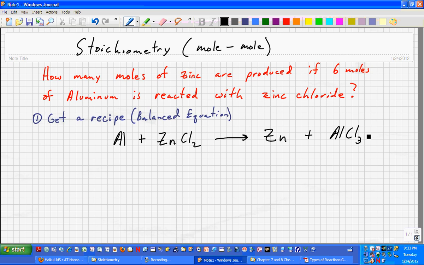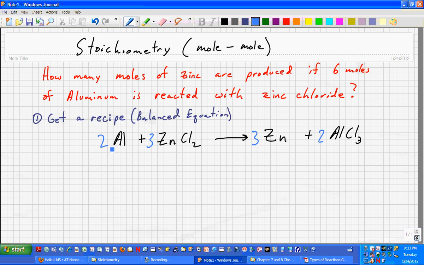The problem is this isn't balanced, so I'm going to go ahead and balance this. Let's take a look at our zinc. We've got 1 zinc over here, 1 zinc over there. That's okay. 1 aluminum here, 1 aluminum there. That's okay. But I've got 2 chlorines here, 3 chlorines there. So that's not balanced. I can balance this up by putting a 3 here, a 2 here, a 2 here,